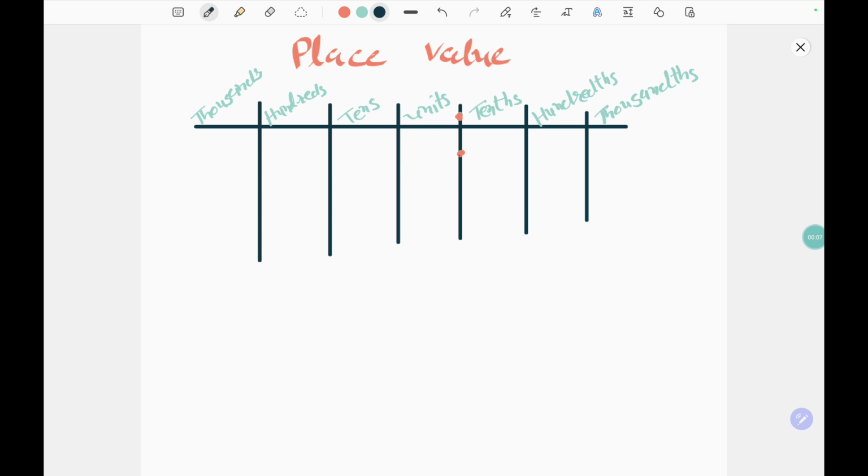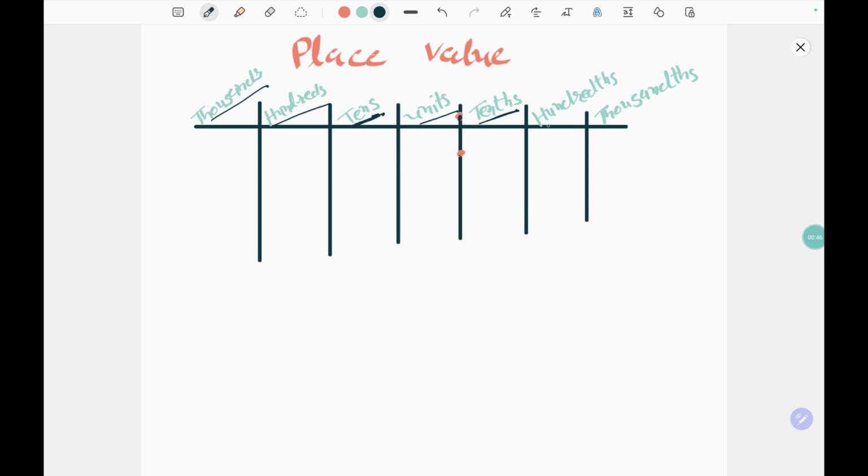As you can see on the whiteboard, here I draw the place value table, and here you can see the decimal point. From the decimal point to the left-hand side, the first digit we call the units, then tens, hundreds, thousands. Same thing if you move from the decimal point towards the right-hand side. Look at this here: the tens on the left-hand side I write as 10, and here the tenths as one-tenth. So try to understand the difference between them.